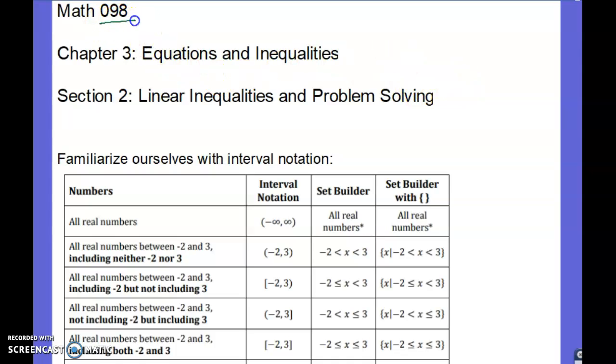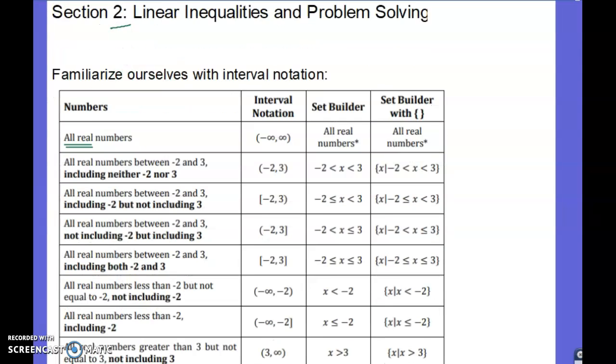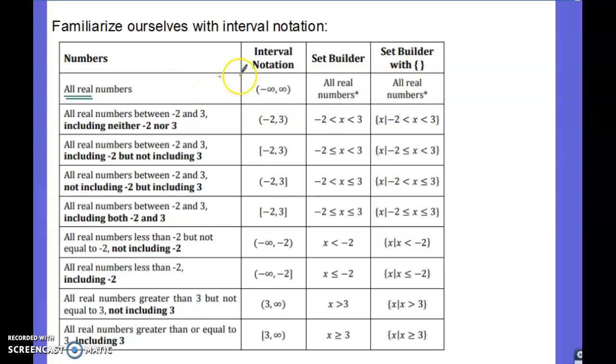Welcome to Math 098, Section 3.2, where we are doing linear inequalities and solving problems. And the first thing I want to make sure that you're familiar with is interval notation. I know at some point in Algebra 2 that you learned this, but it's a different way of writing all real numbers, and because what we'll be doing is solving problems and our answers will be in an